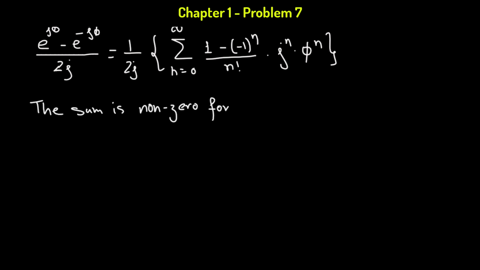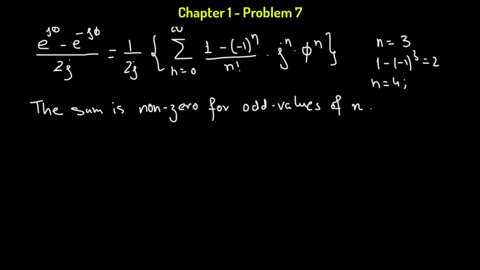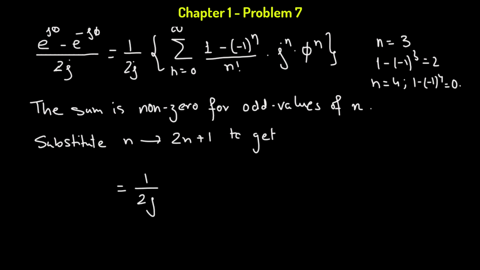That means if we take an odd value of n such that n equals 3, that should give us 1 minus negative 1 raised to the power of 3, which equals 2, a non-zero value. And if we consider an even number, let's say n equals 4, then we have 1 minus negative 1 raised to the power of 4, and that should give us 0. So that means we need to replace n with 2n plus 1, so that our new summation becomes 1 over